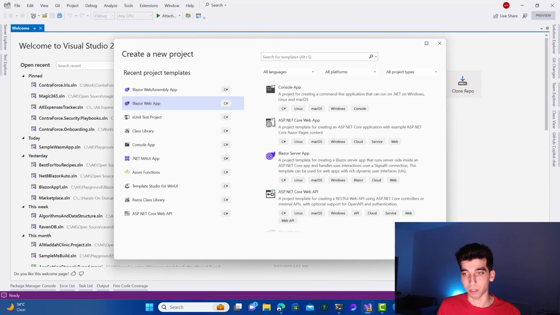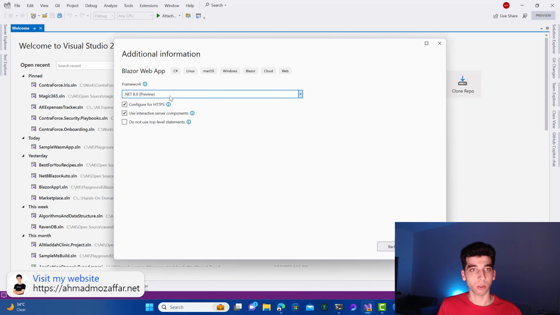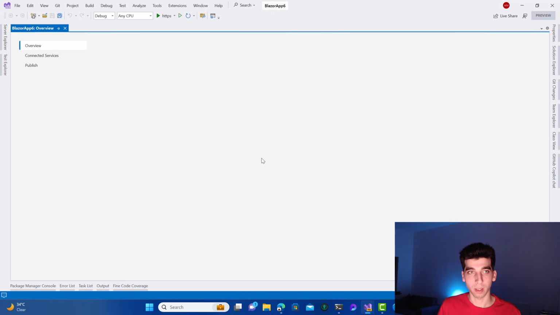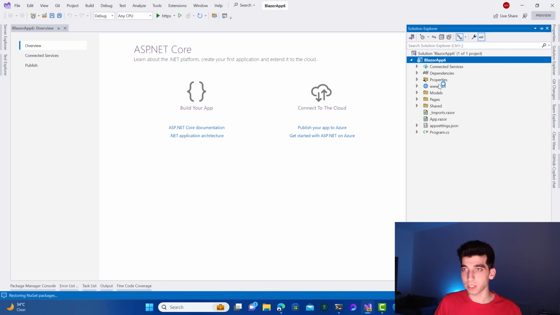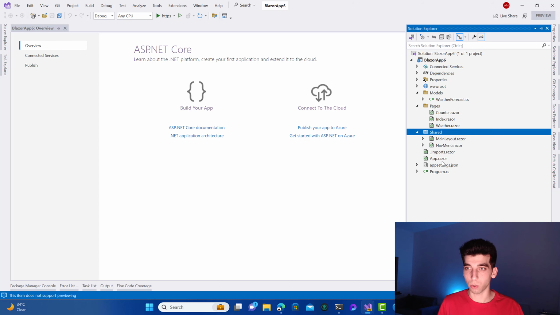So let's discover it by creating a new project. I'll keep the default name. Let's hit next, and in here, with .NET 8 preview, we have a new check called Use Interactive Server Components. Okay, that's something new. Let's give it a check because we will discover this in a bit. Great, so this is the template. It looks kind of familiar. This Models folder is new. We have these Pages and Shared folders as always, but right now we have the